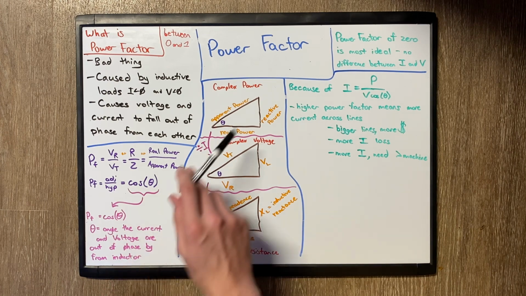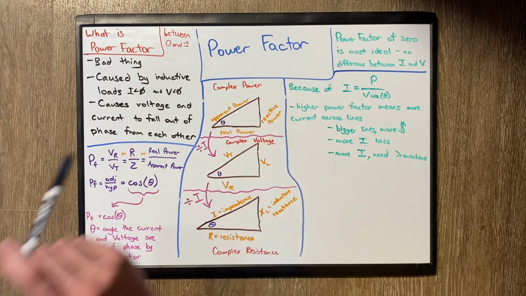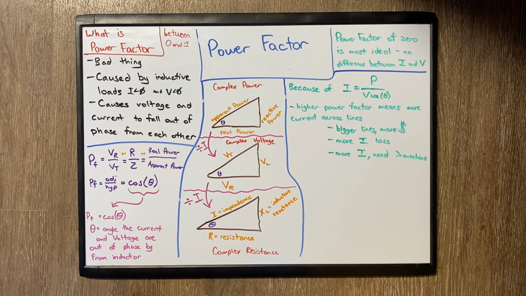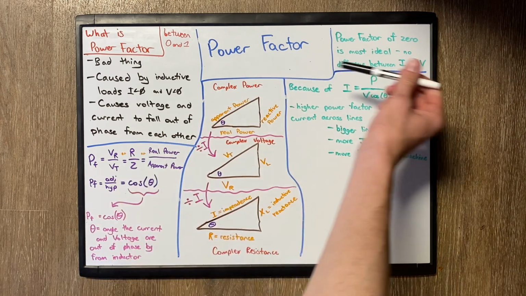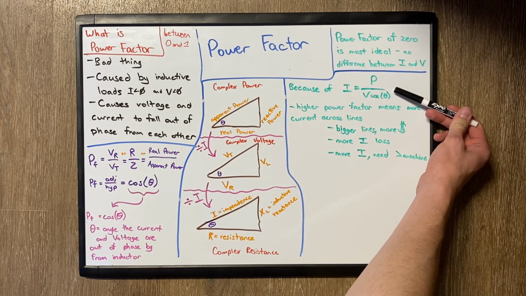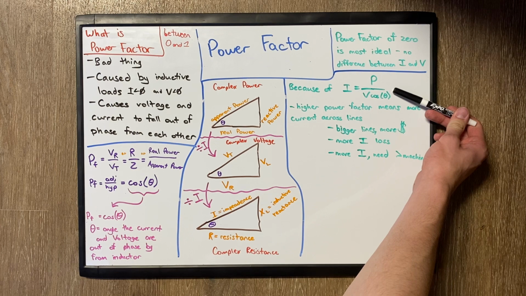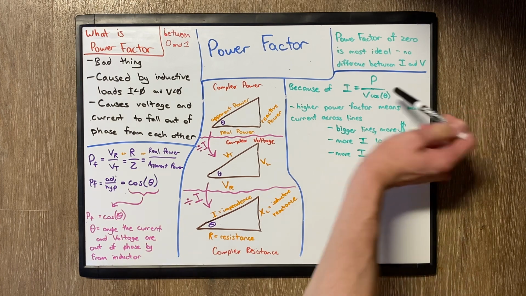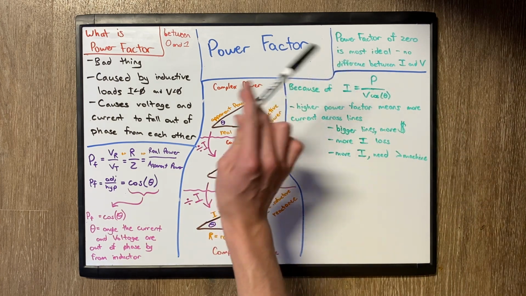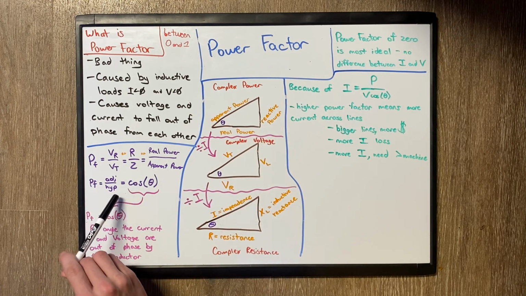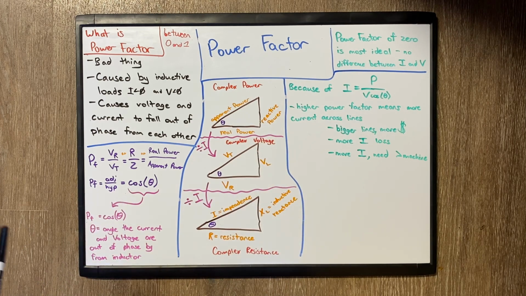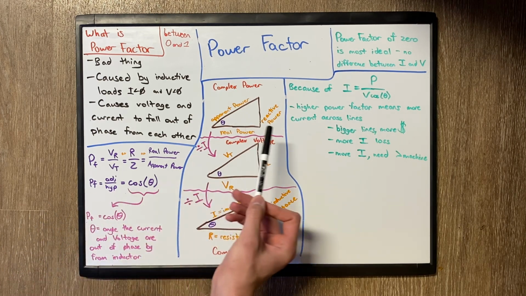Okay, and why power factor is important is because the power factor of 0 is the most ideal, because that would mean that your voltage and your current are on the same phase and they're working together. And if we change our power equation from some of our other lessons, we get the equation I equals P over V cosine of theta using this. It's not as important how we got there, but it just helps explain